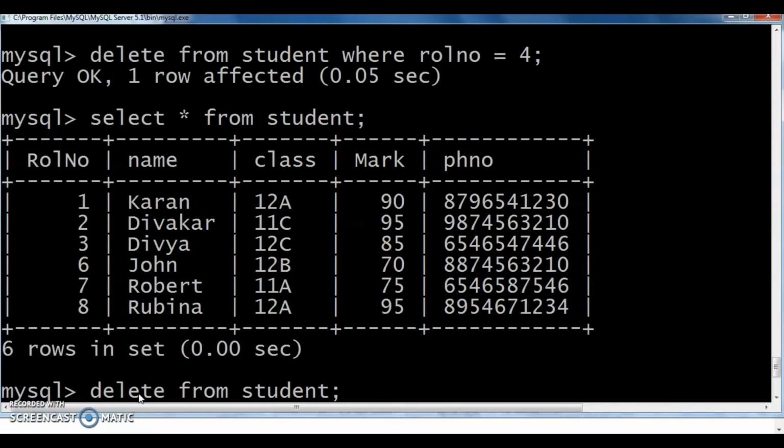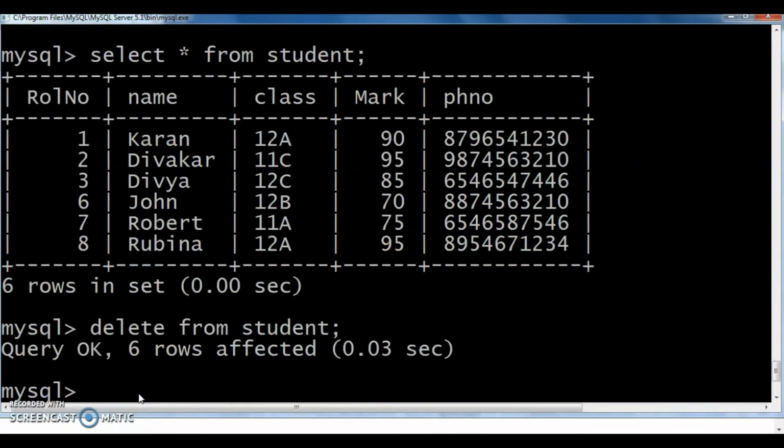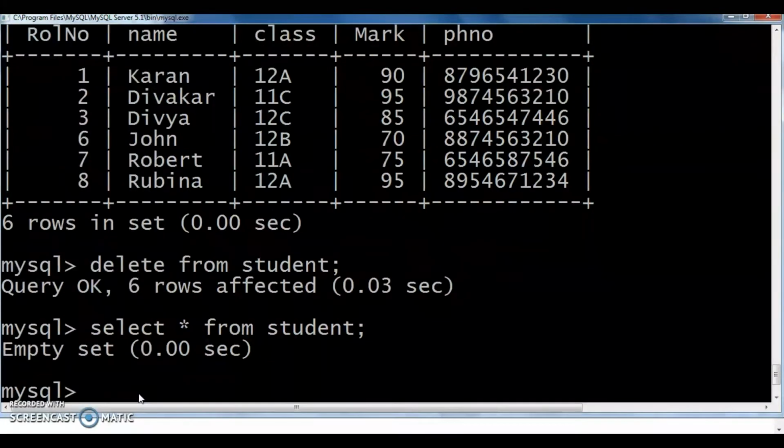What will happen here? Delete from student. I didn't apply any condition. Query OK. 6 rows affected. Now I am checking the values from this table student. Empty set, because we deleted all the records from this table.